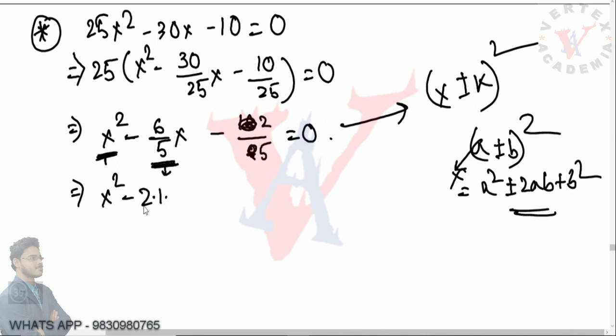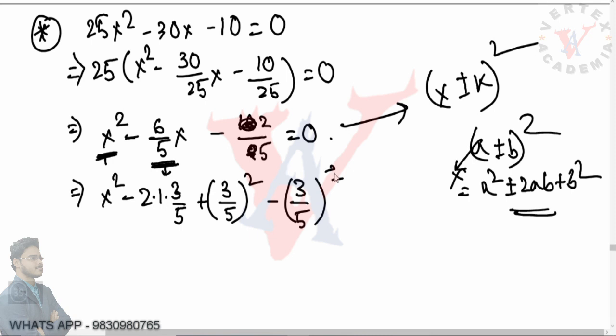You just write this term, already there is 2, so you have to multiply it by 3 by 5, right? So the b square term will be plus 3 by 5 whole square. Now when you have added a new number or a new constant on one side, you also have to subtract it, because otherwise the value of the whole equation will change. So minus also 3 by 5 whole square, and what was remaining, 2 by 5, so minus 2 by 5